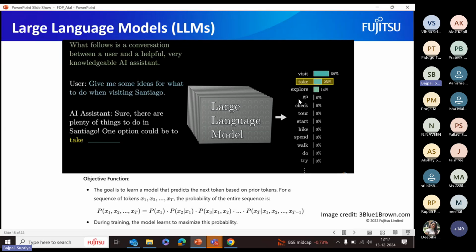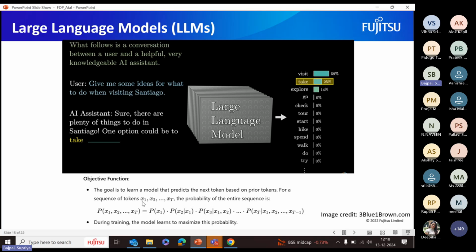For the next word, given the vocabulary of all English words, which is the most probable depends on the weights. It has already learned the weights during pre-training, because it has already been trained on a large data set. So it knows which word's occurrence is most probable. As for the objective function, what it learns: the goal of such large language models is to learn a model that can predict the next token based on the prior tokens.